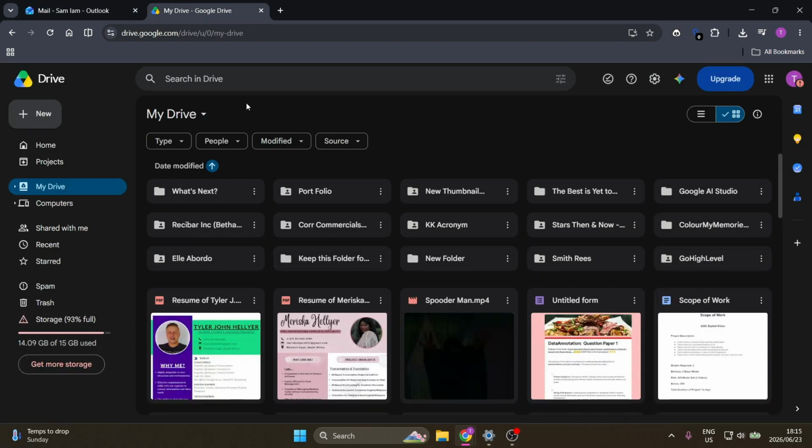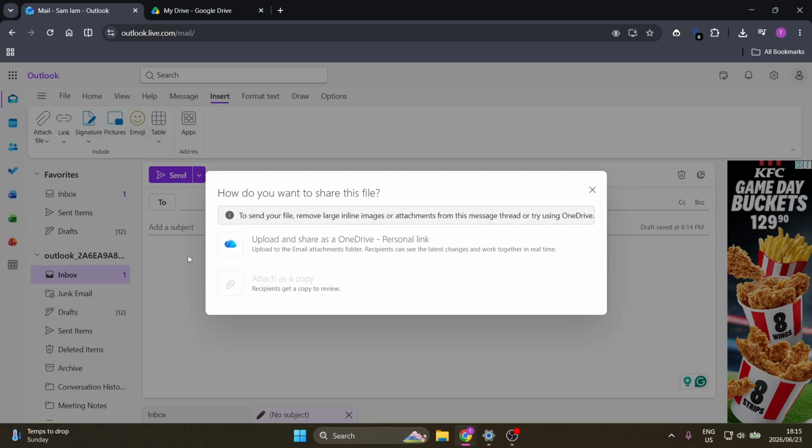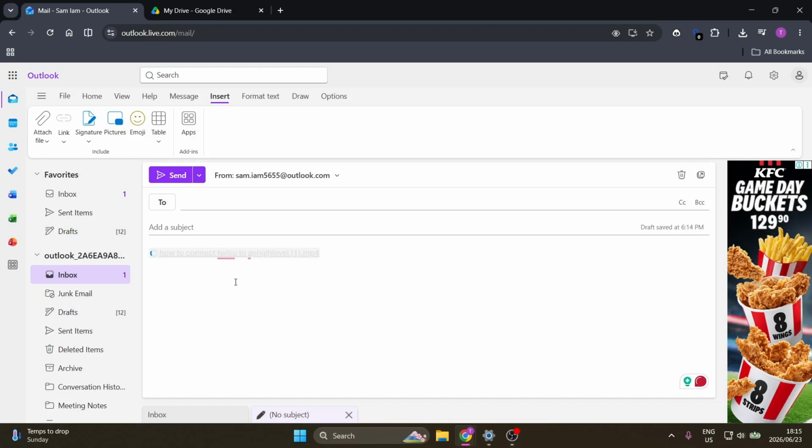The other option is to go into Google Drive and upload it to a Google Drive, copy that link and send the actual link. Either which way, it's going to be added as a link. It's going to be uploaded to your storage in either Google Drive or OneDrive, and the recipient of this email will be able to click on that. They'll be redirected to the appropriate drive and they can view, download, edit or comment on that large file,